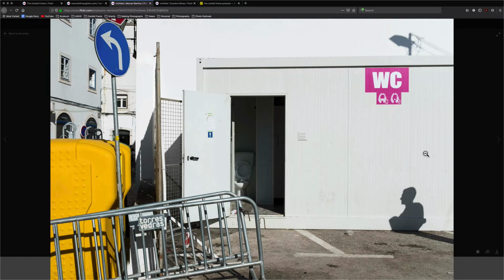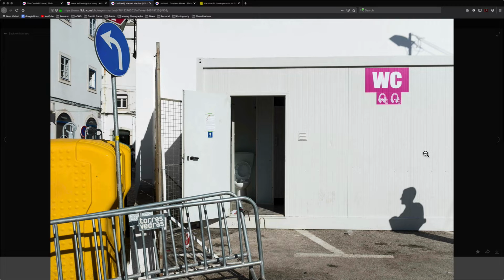And you can see that Manuel put some thought into making this composition because of the way he includes the shadow in the upper right-hand corner, the sign that's indicating a left-hand turn, the yellow elements, the barriers, the WC, the water closet sign there, the line graphic on the bottom of the lower right-hand corner of the frame. All of these elements are fixed. They're not moving. They're not changing. And it allows you, or Manuel in this case, to make the composition,